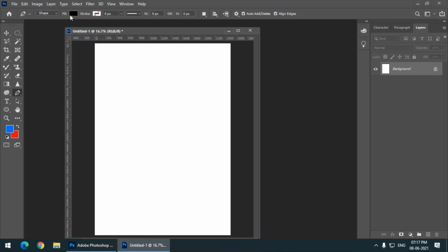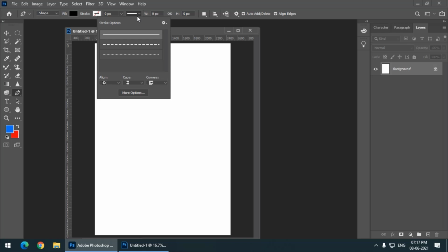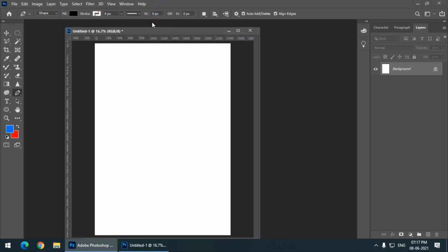Then we can choose the fill color and the stroke color. We can also choose the stroke width and the stroke style. If you want a regular, or a dashed line or a dotted line, that we can select. We can also select the caps, but we are going with the default setting. And if you want a particular height and width, all that we can also select. So these are the basic properties. We have some more properties, but for now we are going to go with these basic properties.